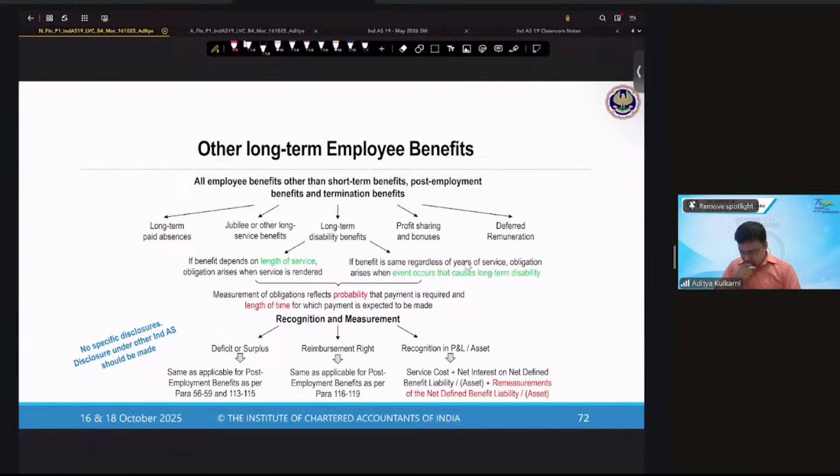Now, other long-term benefits. We covered short-term benefits, we covered post-employment, now other long-term benefits. Service award: somebody has served for 10 years, 15 years, 20 years. They get some benefit, some cash reward for their loyalty. So these include jubilee or long-term service benefits, sometimes long-term paid absences, long-term disability benefits, profit sharing or deferred remuneration,